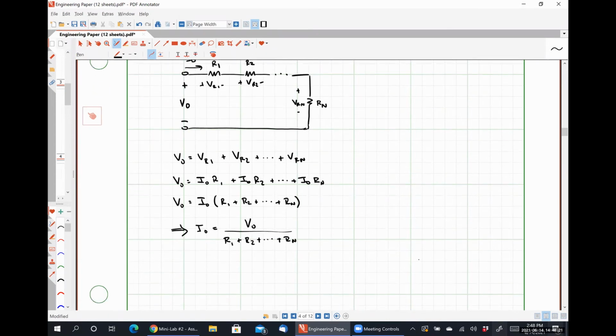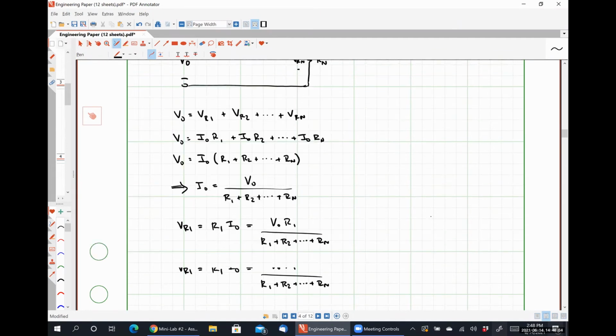Well, the voltage drop over resistor R1 has to be R1 times I naught, which would be V naught times R1 divided by R1 plus R2